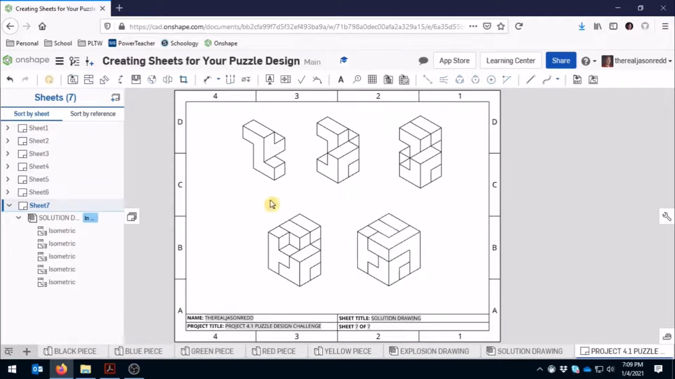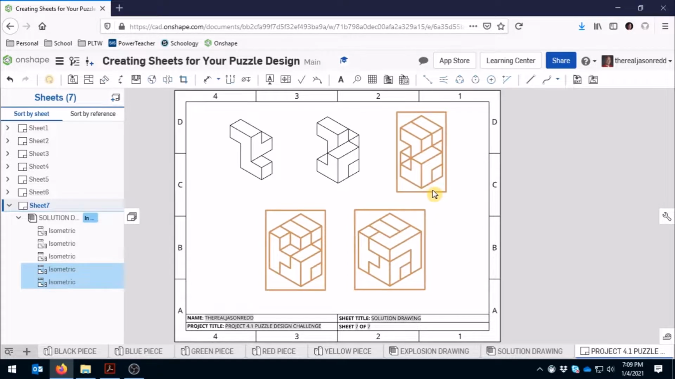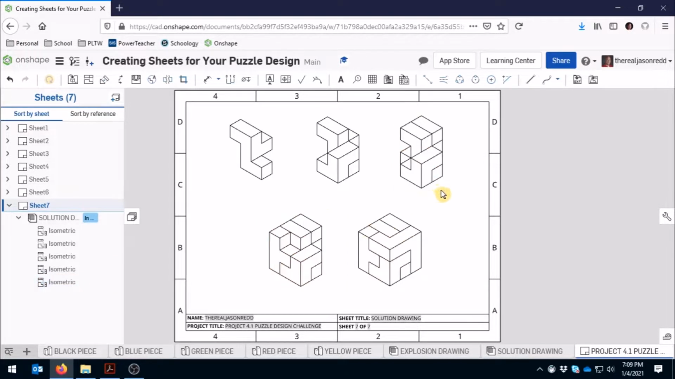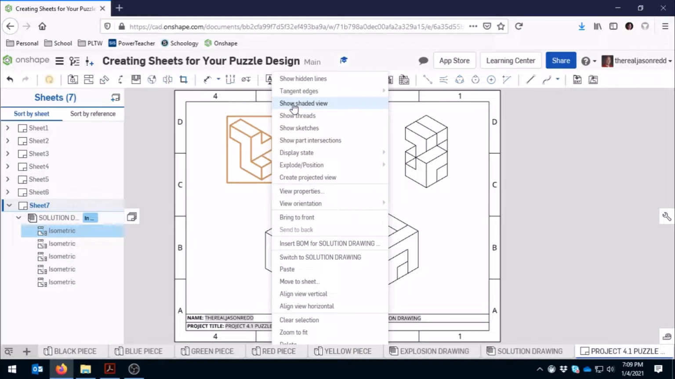So now once I have them all on the screen, I can see that I probably can move this one over just a touch and just kind of center this up so that the views on the bottom are in between the ones on the top. So now we're ready to show the shaded option for each of these views. So I'll just start with this one and right click, show shaded view,